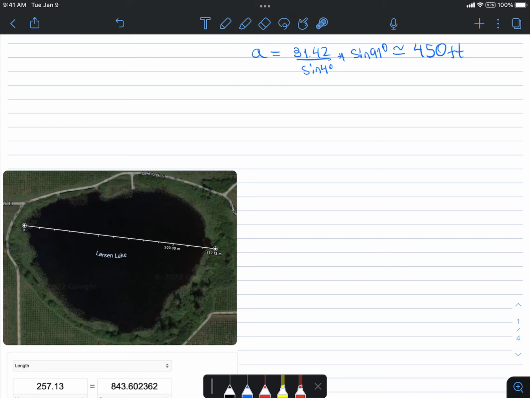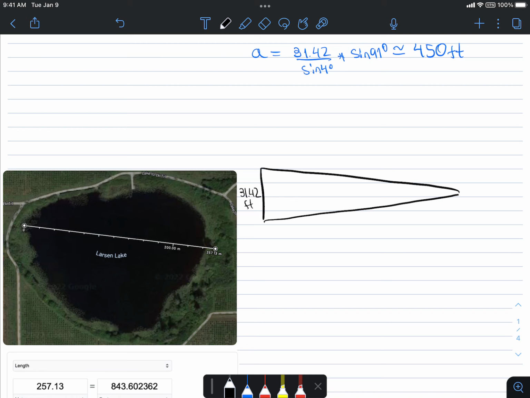But I still want it to be more accurate than that. So I'll try and reflect on what was wrong and what I could have done differently. So I'll restart and reevaluate some of my measurements. Now, unfortunately, I didn't have anything to measure this more precisely, these 30-ish feet, right? So I'll keep this as is